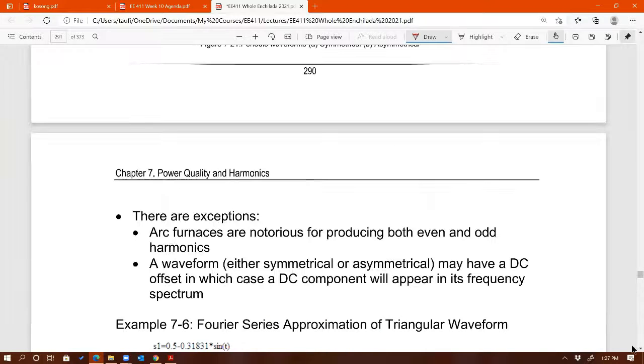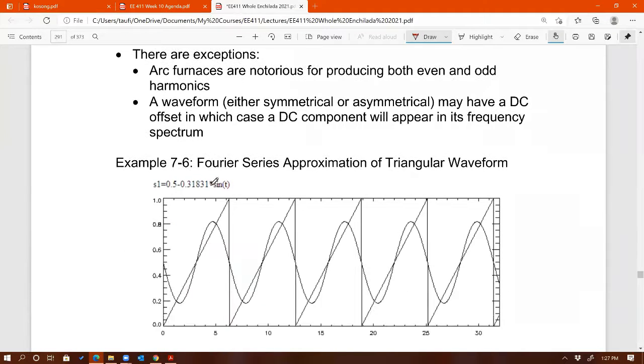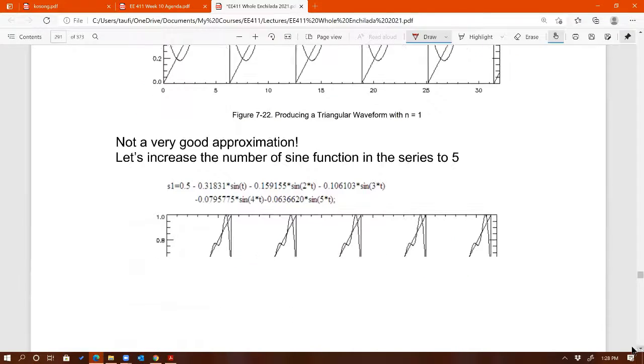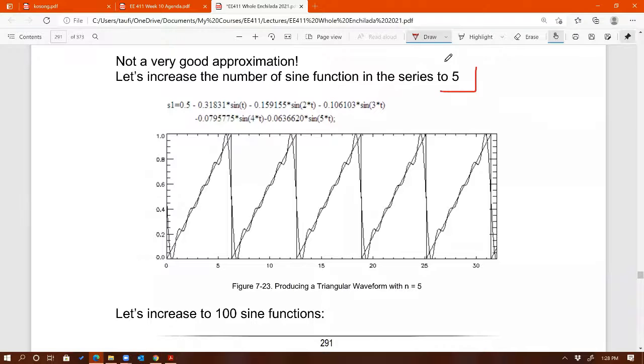Okay, and then based on the Fourier series, depending on how many sine waves you include in the series, that would determine how well the shape of the waveform that you want to produce, right? For example, if I want to create a triangular waveform, right? I'm only using one sine wave in the Fourier series. Look at that, it's only one sine wave, right? Then of course what you'll be seeing is sine wave. This is what I want to achieve, a triangular waveform. But if you only use one sine wave, then of course you'll end up with a sine wave instead of triangular waveform. But if you add more sine waves, say 5 of them,